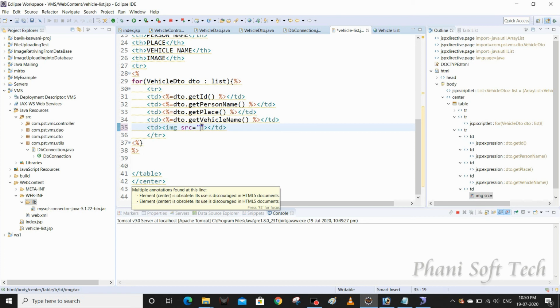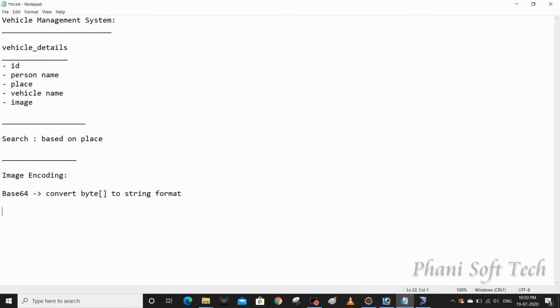So img src equals, here I'm going to give data, the type of data, image slash jpg. This is a string we need to mention here.